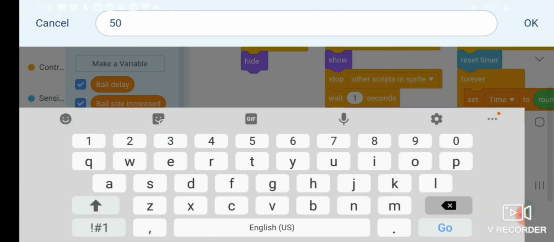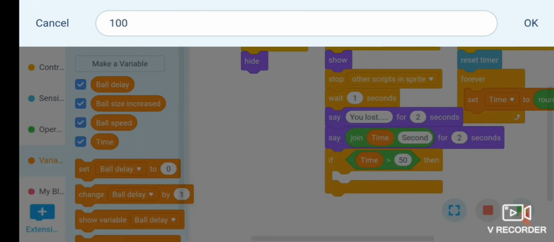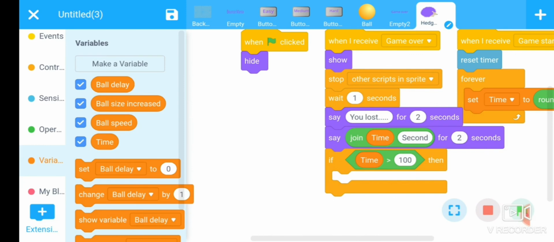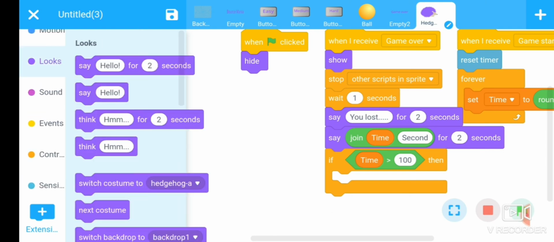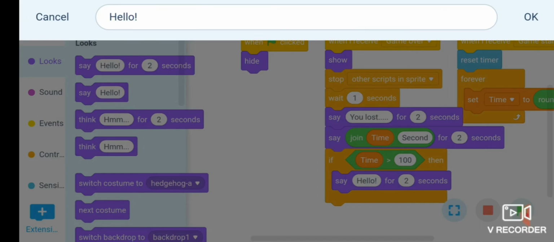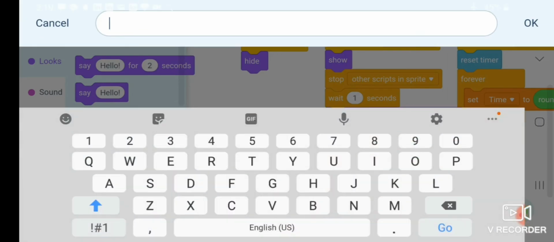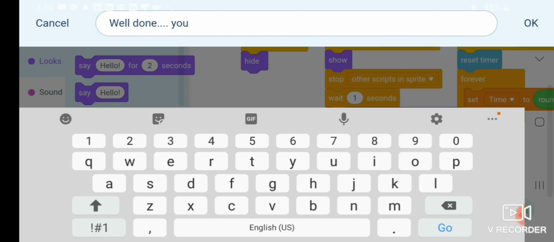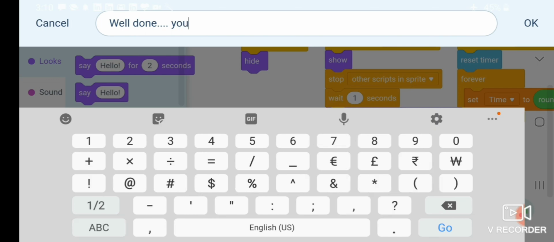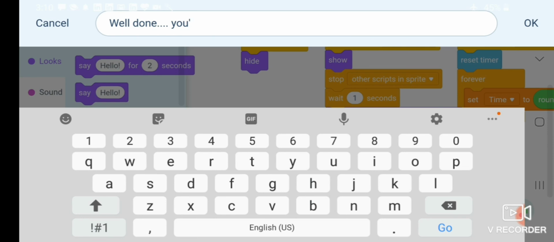If the timer is greater than 100, then say, we want to show a message on the screen: well done, you are awesome.